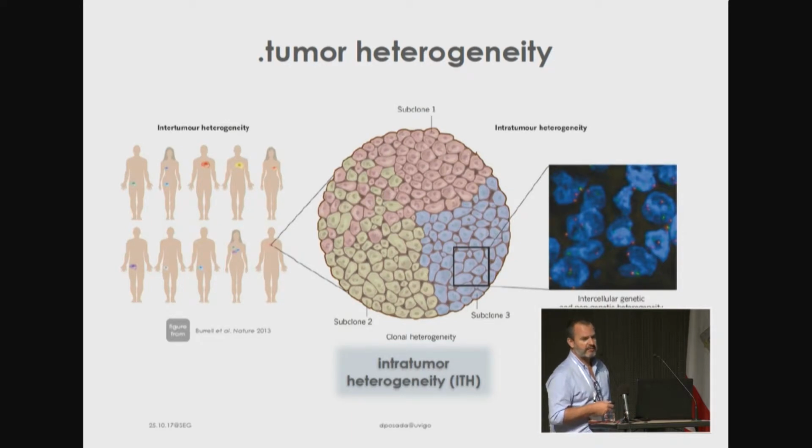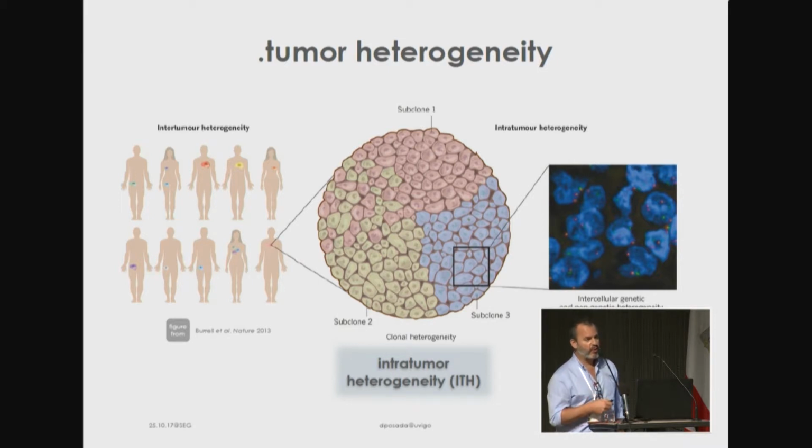Well, all this process unavoidably leads to two levels of heterogeneity. First, different individuals have different genetic changes in their tumors, even for the same cancer type. Okay? A cancer type is basically the tissue of origin. In some cases, the cell of origin, but normally the tissue of origin. They share some mutations in some cases, but they don't in others. Okay? These mutations, which are called driver mutations, in driver genes, the genes responsible for cancer, P53, KRAS, all these oncogenes, tumor suppressor genes, they do not always appear recurrently in all genomes.